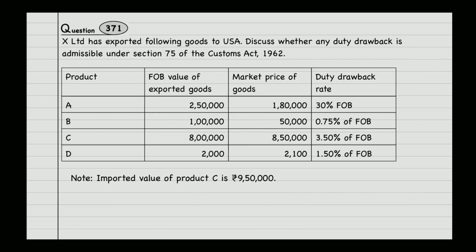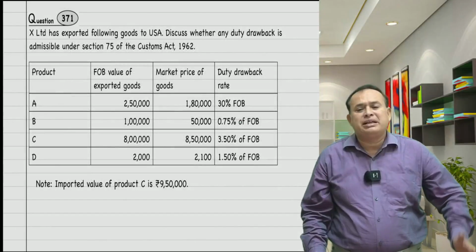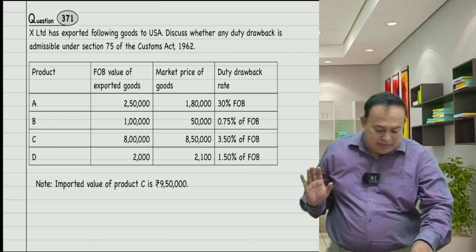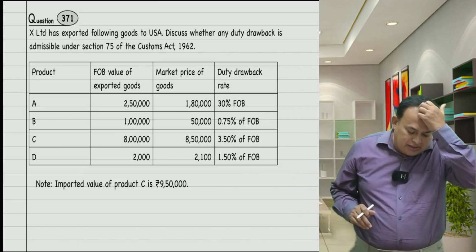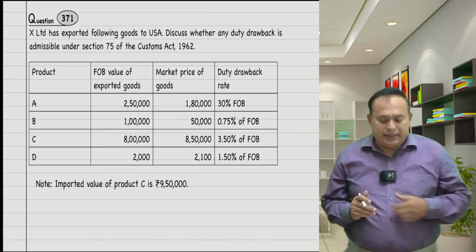A, B, C and D products. The FOB export value is given. The market value of the exported product is given. The duty drawback percentage is also given. Note, the import value of product C is 9,50,000. Each one is an independent case we can apply. Now in the given case, my dear, if we take product A,